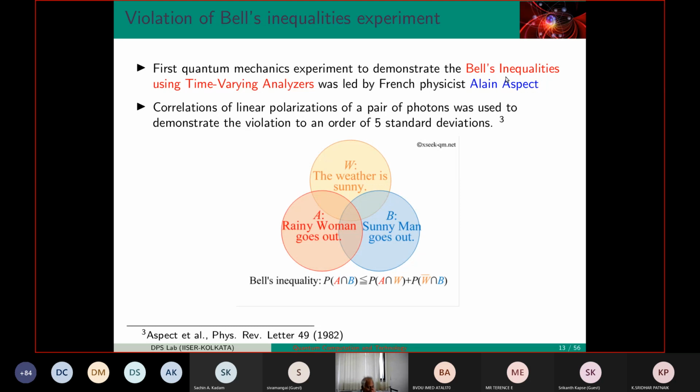In the classical world, it will always lie between 2 and minus 2. So the statistics person who had proved it was Boole. That was in 1800 odd or something like that, if I remember correctly.